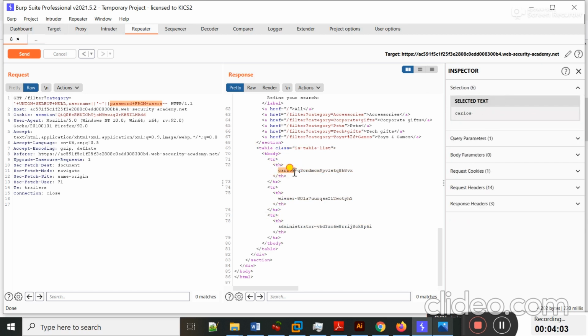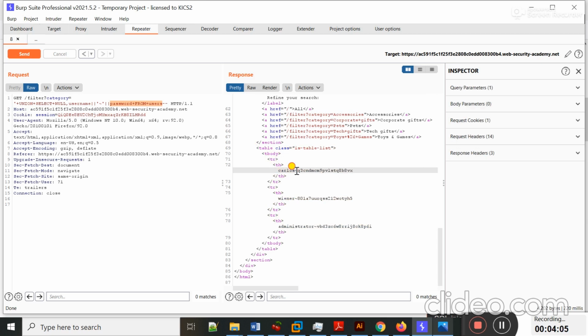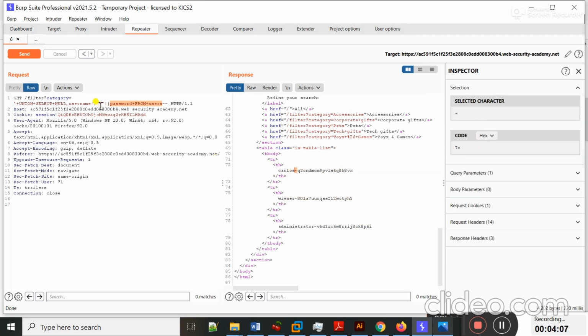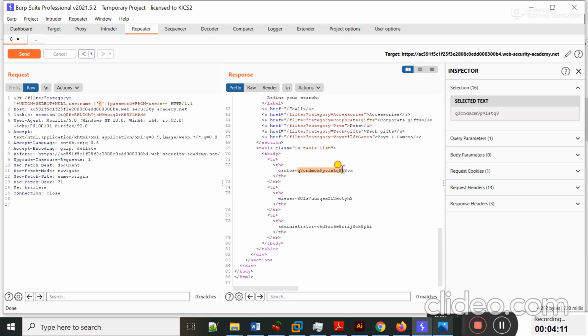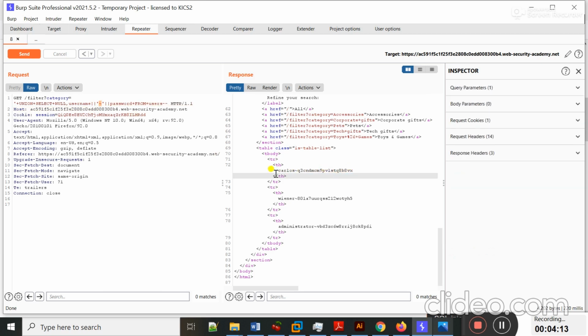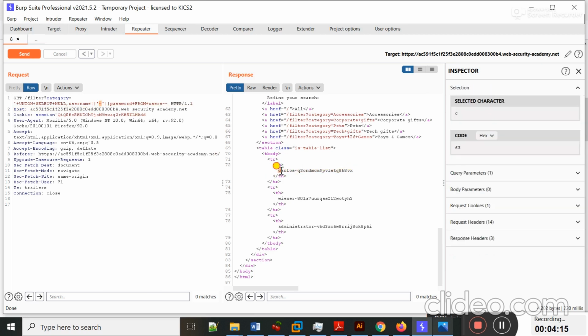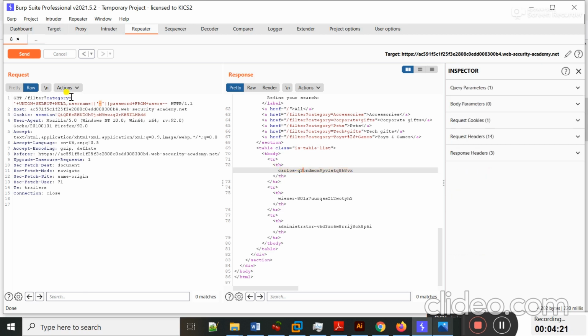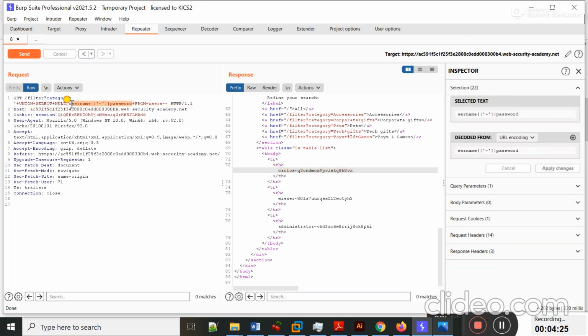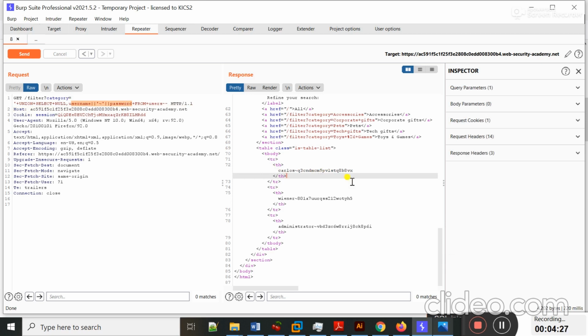You can check here. This is the username, and this is the sign that I put here in order to separate the username from the password. This is the password for this user. You can see these are 2 values that I extracted from a single column. This column is the second column. The second column contains the username and password.